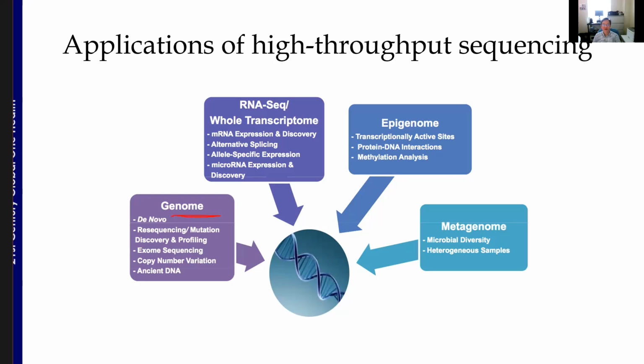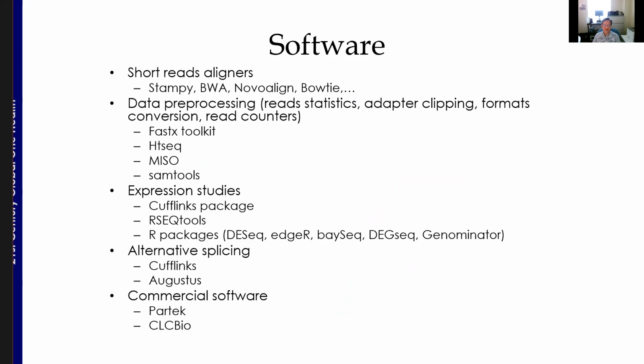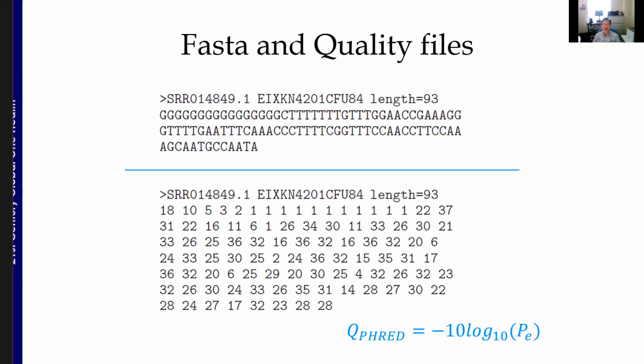You can work on the genome, the transcriptome, the epigenomics level, and also the metagenome level, and that's microbiology. There are a lot of software tools you have to be familiar with before you know how to combine them to achieve some of the goals. There are aligners to do the alignment, gene expression analysis tools and expression study. And if you're interested in alternative splicing, there are particular tools that can be used. And I will skip some of these